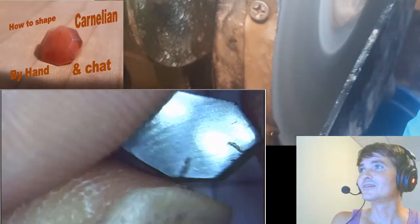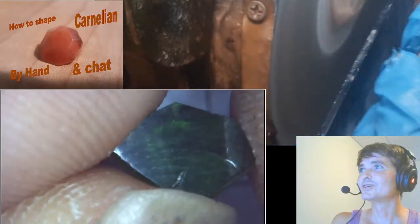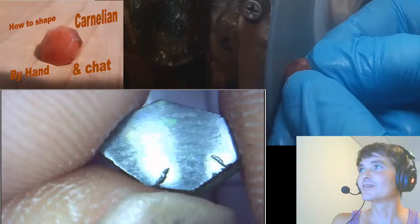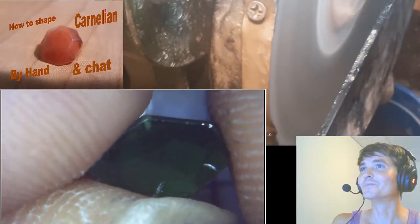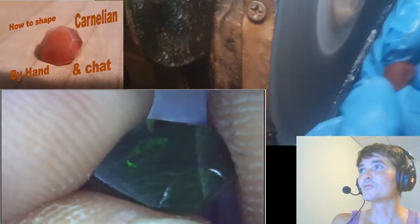And occasionally she stops by the stream. So if she's watching, then she can see this piece of chrome diopside we're going to cut for her, and then she can check it out and show it on her stream. It's going to be exciting. So this piece of chrome diopside here,